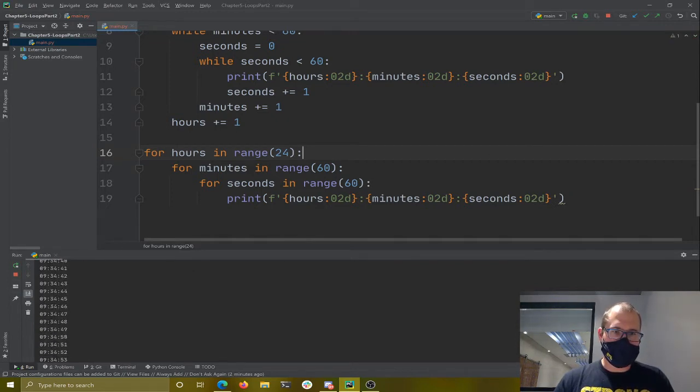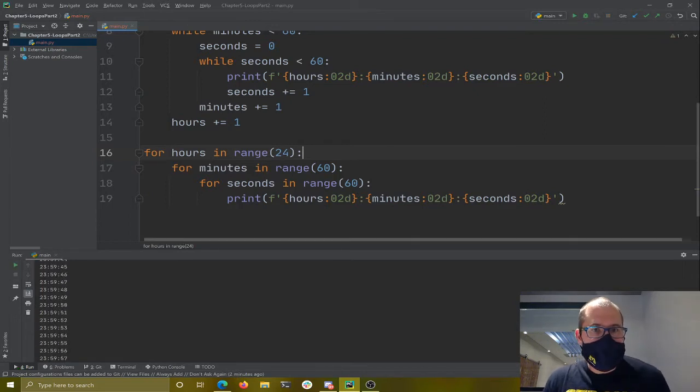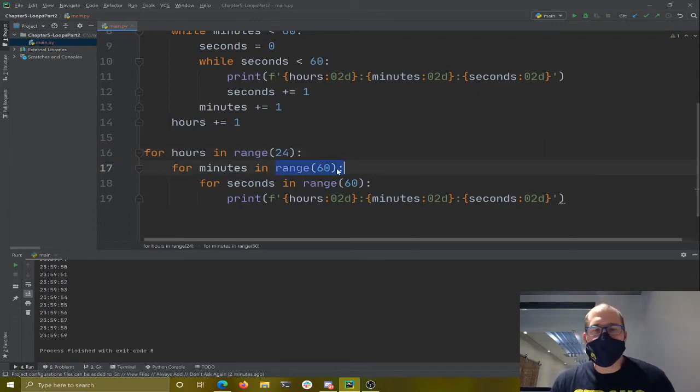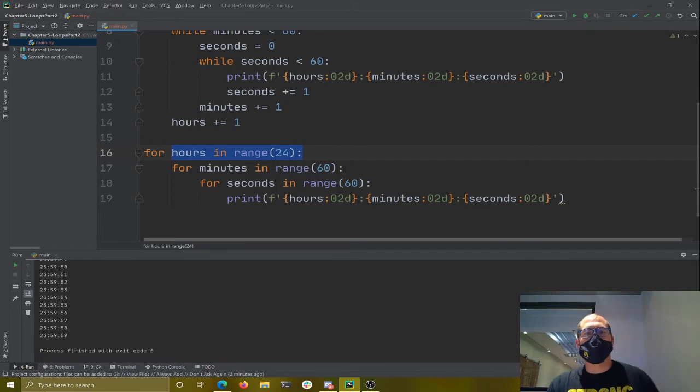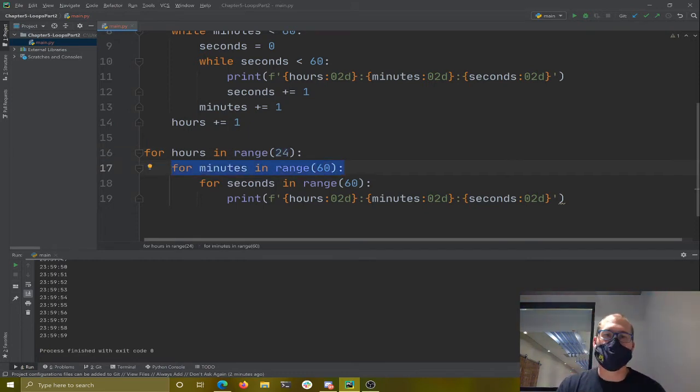And there's once, here's the second time. Awesome, so this is nice because the range is going to restart automatically. So for every run of hours, it's going to just rerun this range. We're going to get a new set of 0 to 59. So both work, depending if you like